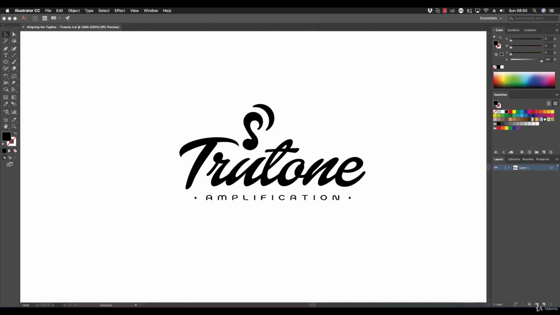A professional logo design document is a well organised one, and so now comes the time to arrange the elements of the logo into layers. So in the layers panel, I'm going to create 3 layers, one for the text, one for the symbol, and one for the tagline. So clicking in layer 1, I'm going to label this symbol,